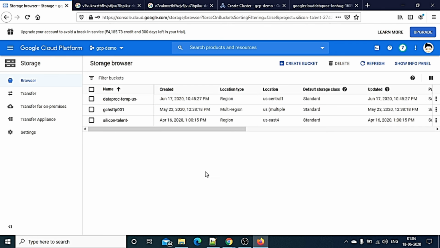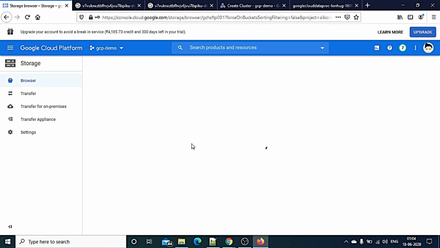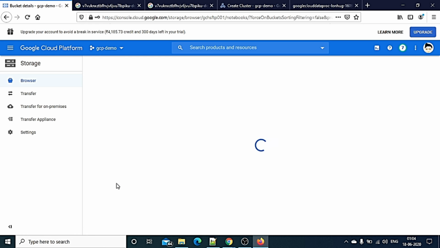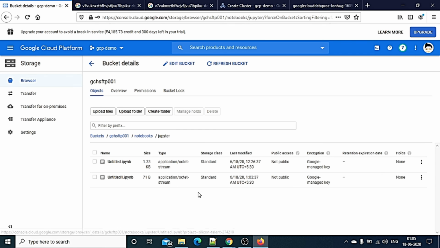Now let me go back to that and show you. I have selected this for staging, so you can see your notebook. Click on notebook, it's Jupyter. So these are the two I have created.